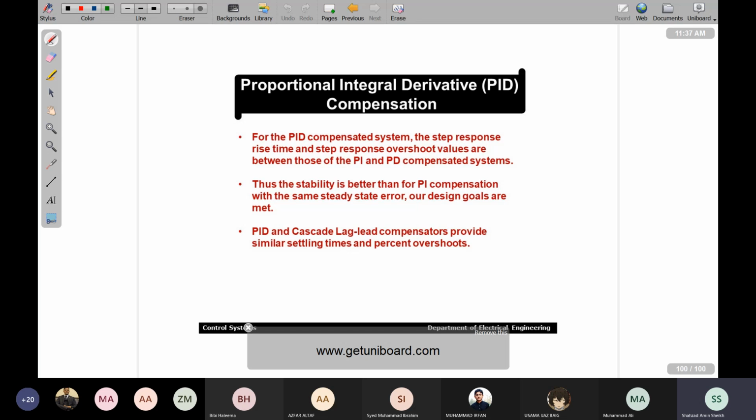So the cascade lead compensator is another variation in controller designs. In that case the transmittance was same, but in this case your B was greater than A. So this means that at A your zero is located, at B your pole is located. So what will happen as a result of applying this controller design, your controller is now placing a pole which is on left of A. So this means that its distance from the geometric axis is more. So this means relative stability is increasing, and we are interested in improving the steady state performance as much as possible. Again the design parameters are K, A and B, and in this case D will be equal to B over